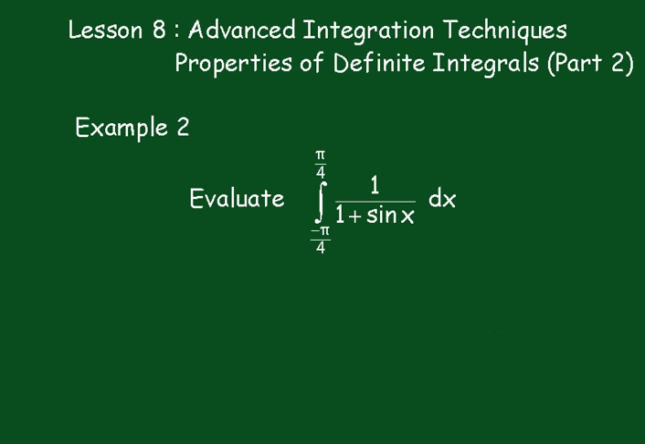Right, example 2, evaluate the integral of 1 over 1 plus sin x dx between pi upon 4 and minus pi upon 4. Okay, now we can use that property. We go I is equal to the integral between pi upon 4 and 0 of 1 over 1 plus sin x plus 1 over 1 plus sine of minus x dx,